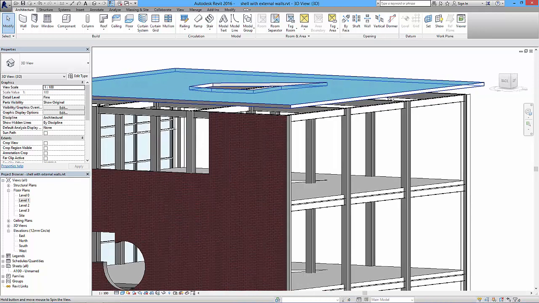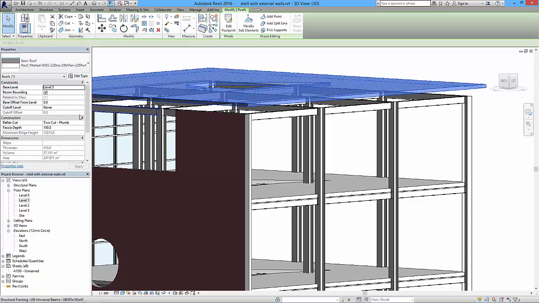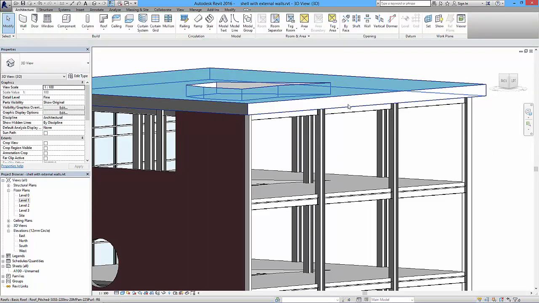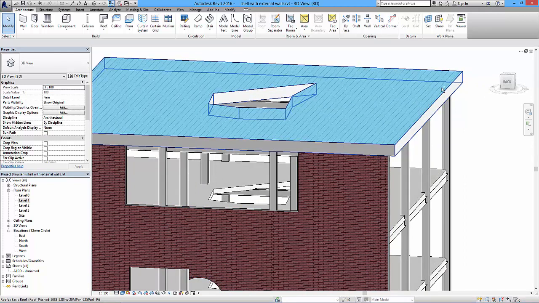So it's nothing really exciting going on, but now I've changed the profile edge. The fascia depth is 150. If I just select this and go back to plumb cut and apply, that's going to drop it back down to the way it was. Okay, so we need to have some other bits of information with that two cut plumb to make it look interesting, but any sort of chamfer or any sort of special treatment you couldn't really do to this roof with the basic settings. So what I'm going to show you now is how to add some interest to this edge